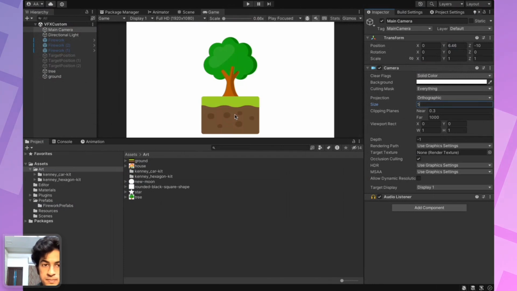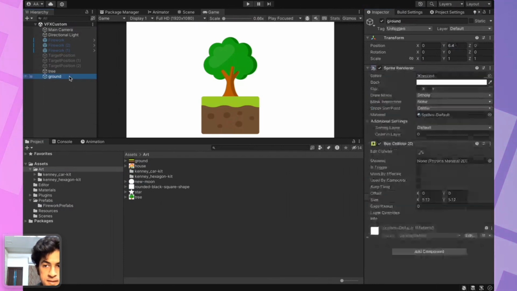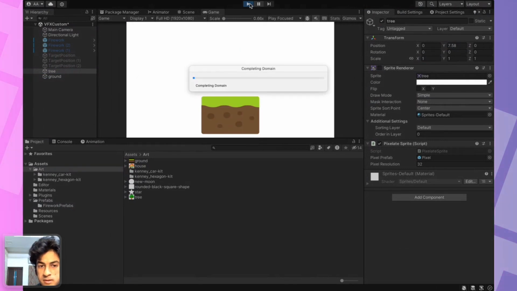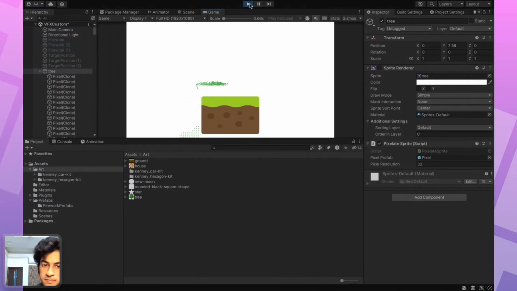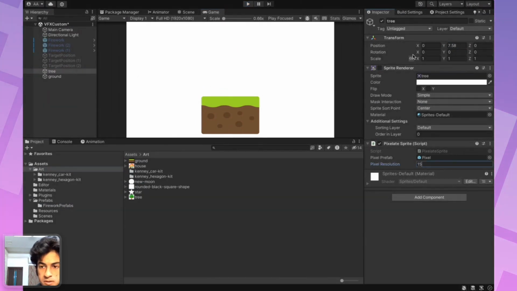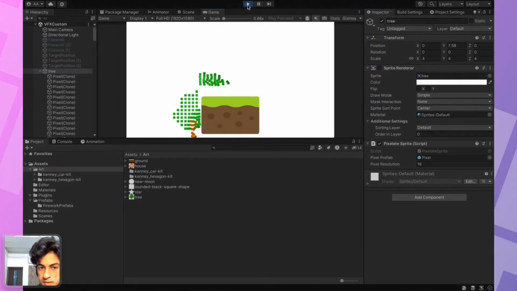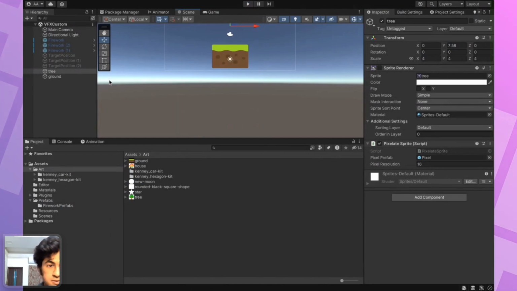Great. So let's disable the sprite renderer, for the tree, not for the ground. And what we should have is a pixelated tree. Well, we do have that, but it is very off location. Scale it up and okay. Yeah, it is quite off location.